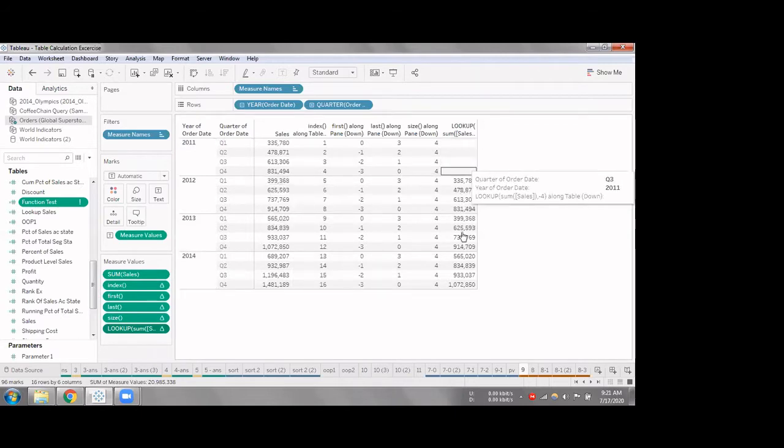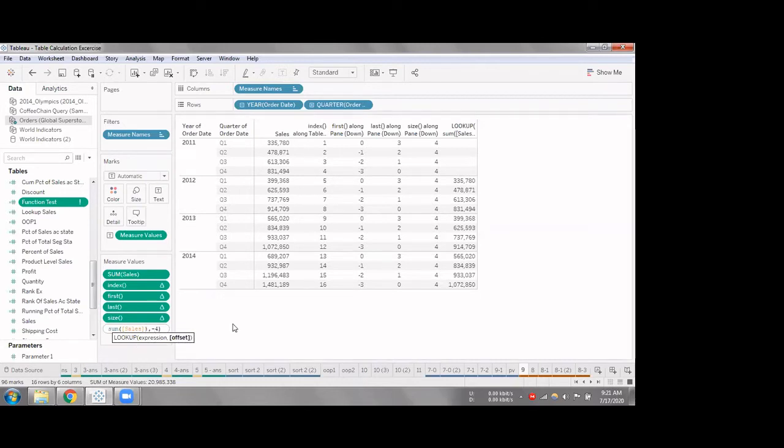For example, in this lookup function here, we can see we are pulling up the previous quarter sales by giving two expressions: lookup sum sales. So we'll go to the sum sales column, and give an offset of -4.